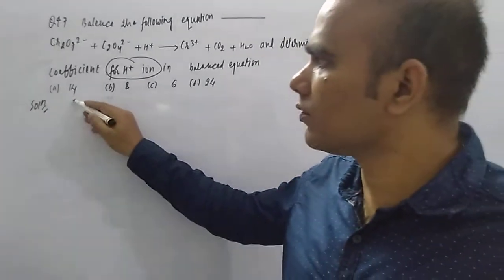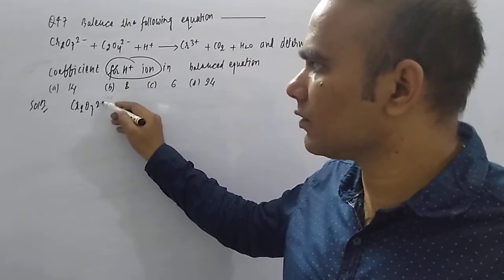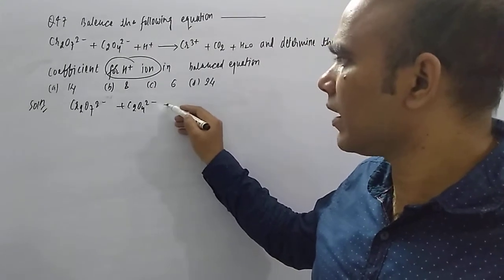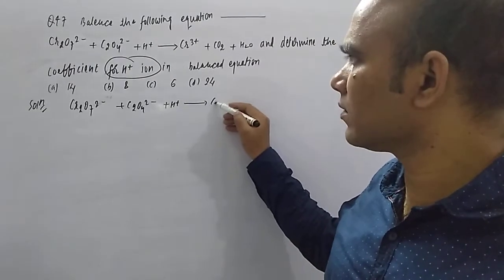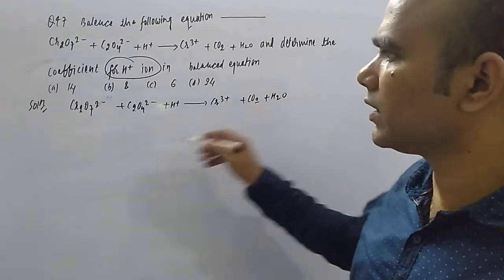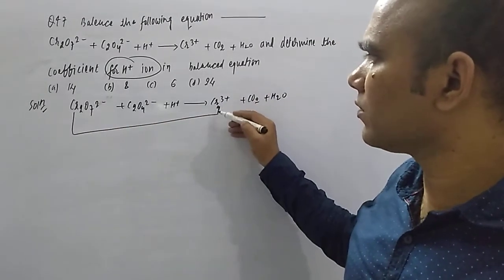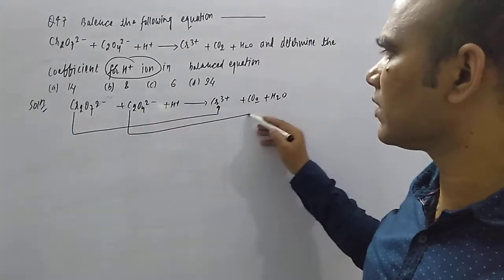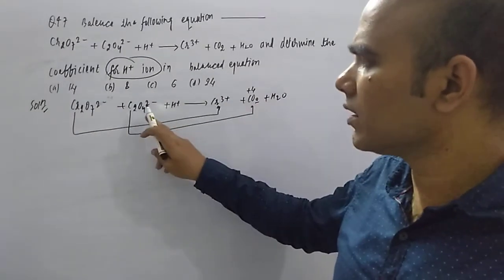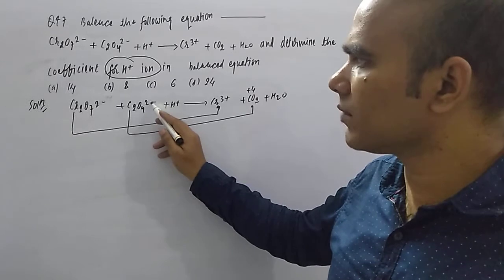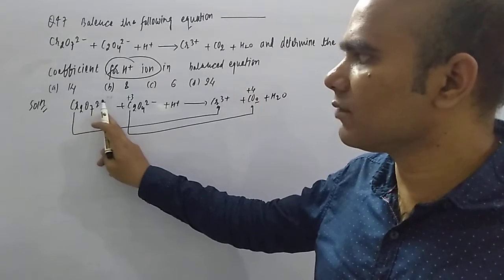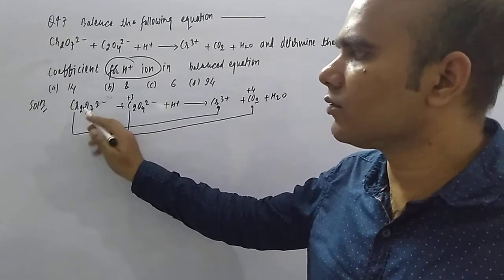Let us do. How can you do? It's very easy actually. Cr2O7 2 minus is reacting with C2O4 2 minus and H plus, and it is giving Cr3 plus, CO2, plus water molecule. Okay, dear student, here chromium is converting into Cr3 plus, and oxalate ion is converting into carbon dioxide. So first, in carbon dioxide, carbon has a plus 4 oxidation state. In oxalate, carbon is 8 minus 2, 6 by 2, that is plus 3, and here chromium is 14 minus 2, that is plus 12 by 2, that is plus 6.